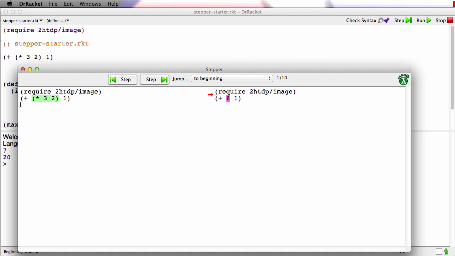So it tried to evaluate open paren plus, but the first operand is not a value, so it has to be evaluated. Open paren times. Both operands are values, so this expression can now be evaluated. That's what Racket is telling us in green, that this expression is ready to be evaluated, and it produces 6. If I say step again, then what's on the right here moves to the left, and in green, Racket